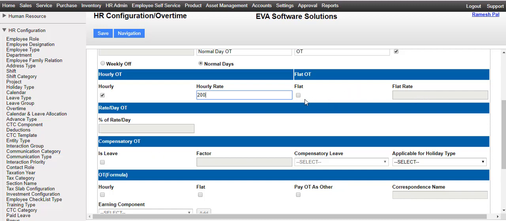But if you are defining flat OT, then you will select flat checkbox. And in flat rate, you will enter the amount that you will consider while calculating overtime. So in flat rate, I will enter 200. So as you can see, you can select either hourly checkbox or flat checkbox.